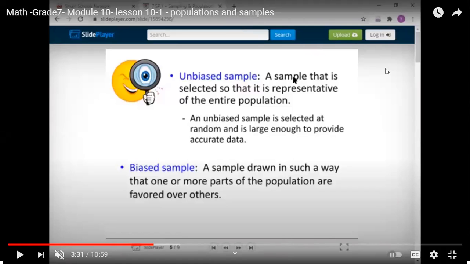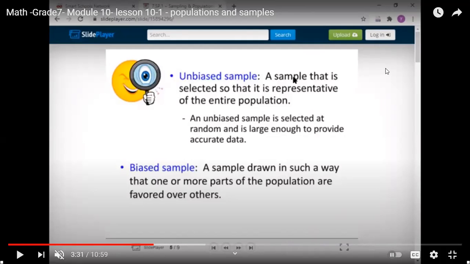Miss, can I say it? Yes. It is the part of a whole when people don't have an equal chance of being selected. Thank you so much. When people don't have an equal chance of being selected, or you are not fair to let everyone say their opinions, and a sample that